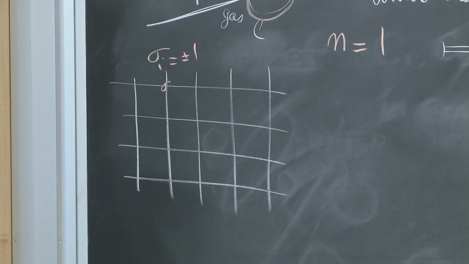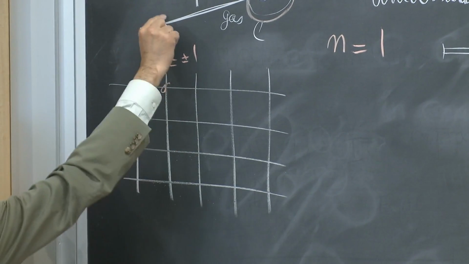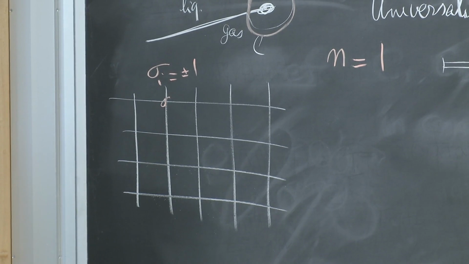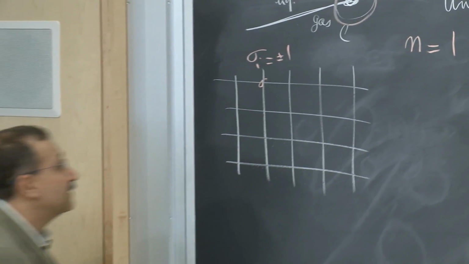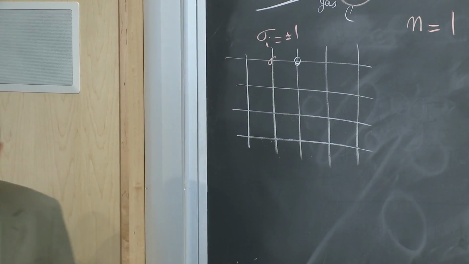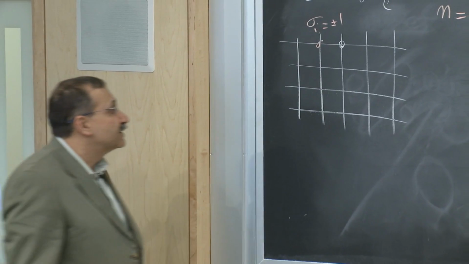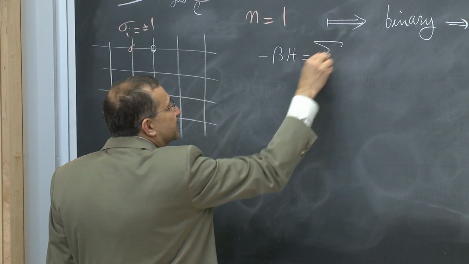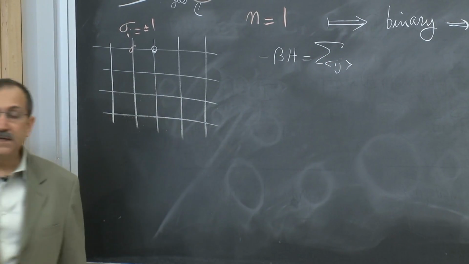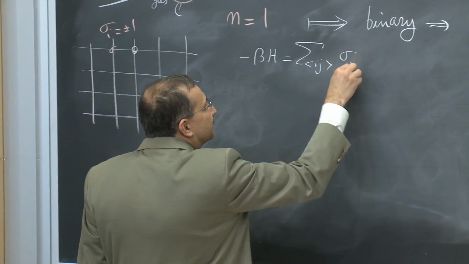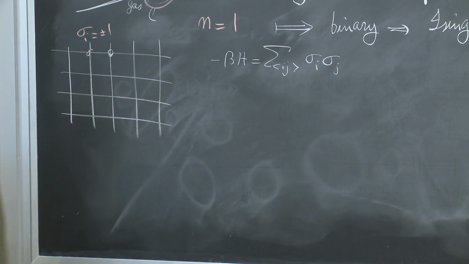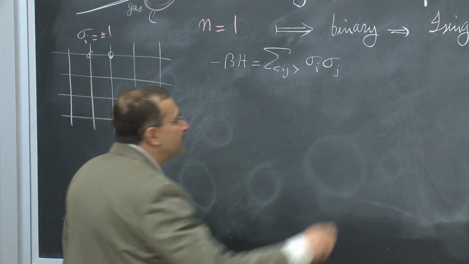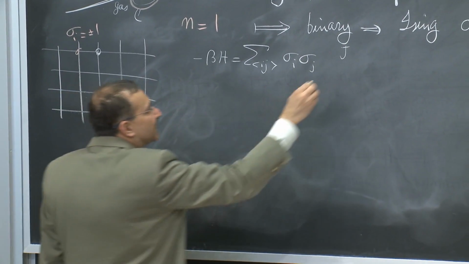And in order to capture this tendency that there is a possibility of coexistence, where we have patches that are made of liquid or gas, or made of copper or zinc in our binary alloy, we need to have a tendency for things that are close to each other to be in the same state. So that we can capture by a Hamiltonian, which is a sum over nearest neighbors that gives an enhanced weight if they are parallel. And whatever that coupling is, once it is scaled by kT,